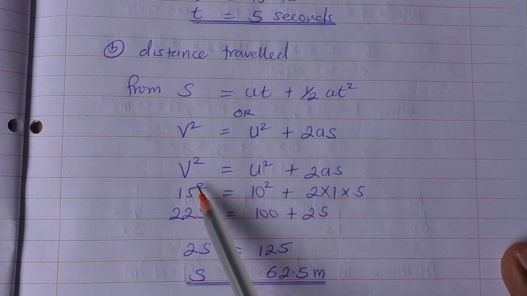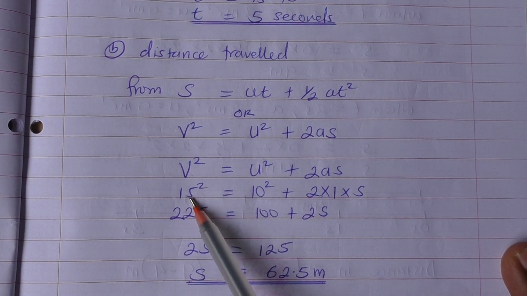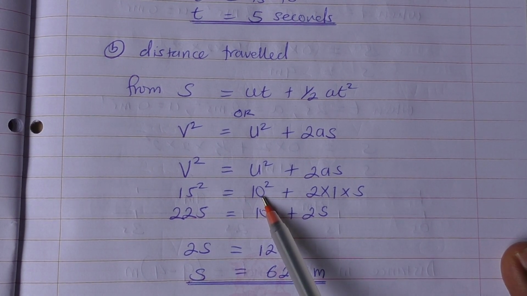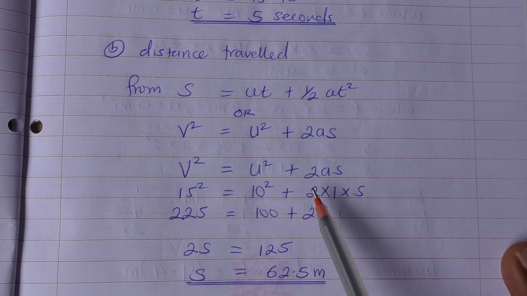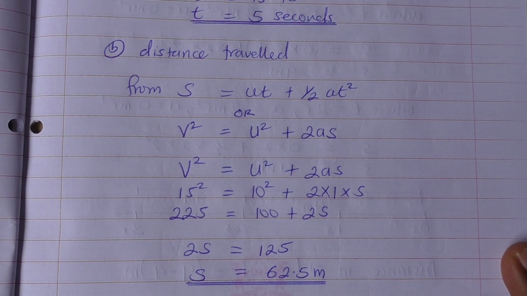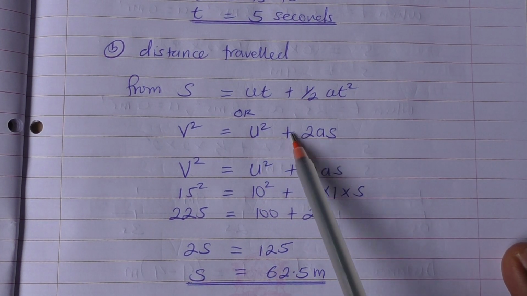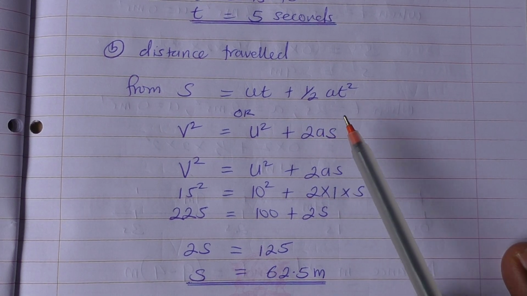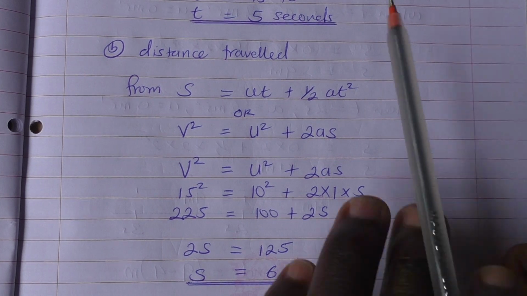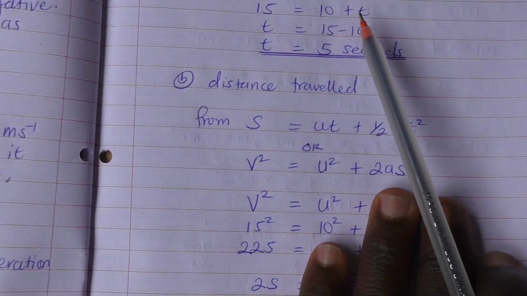So once we substitute, we get v squared, which is 15 squared, equaling 10 squared plus 2 times 1 times the distance traveled, which gives us the distance as 62.5 meters. However, we can use the second equation and get the same distance. We have part C,